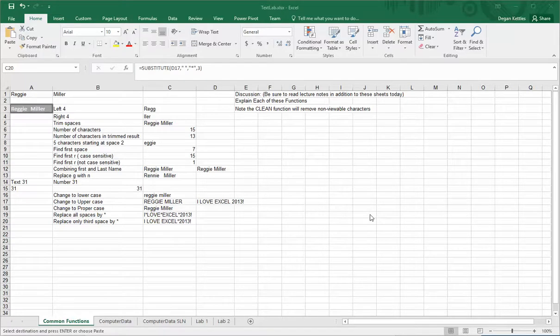In this video, I'd like to talk about the use of text functions in Excel. Now, text functions are very important to the analytics process because a lot of the data that's out there is problematic and dirty in some shape or form. Ultimately, you're trying to get data structured in a way that you can throw it into